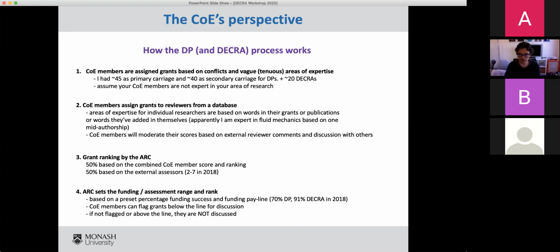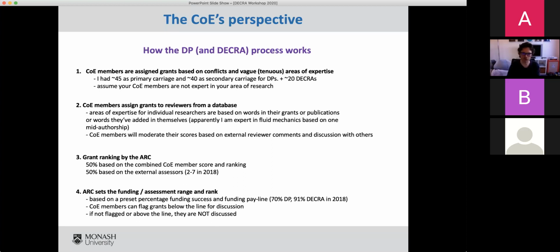And so then the College of Experts members can go back and look at those ones below the line that they think are for discussion. They'll see that these ones are not expected to be funded. Then they will have to go back, look at that list and decide which ones they want to discuss, which is basically the ones they want to have a second look at with the whole panel present, to see if they should be funded.